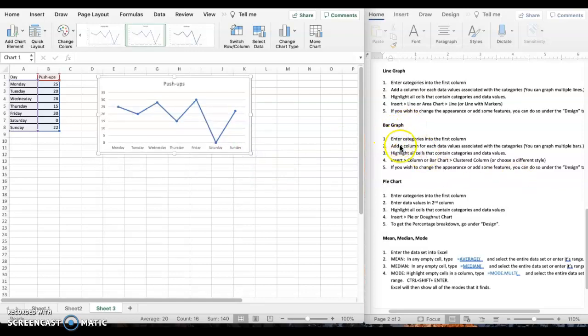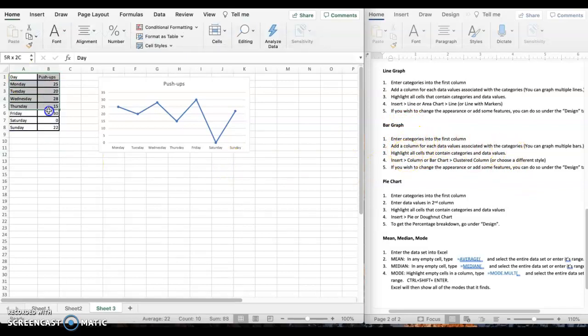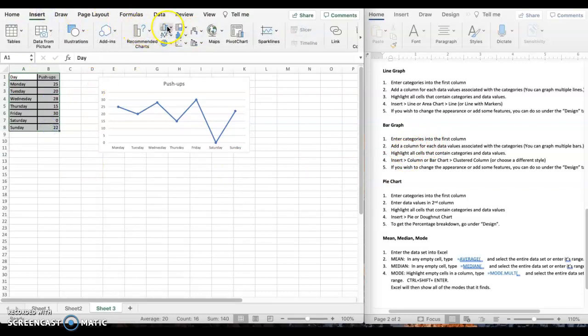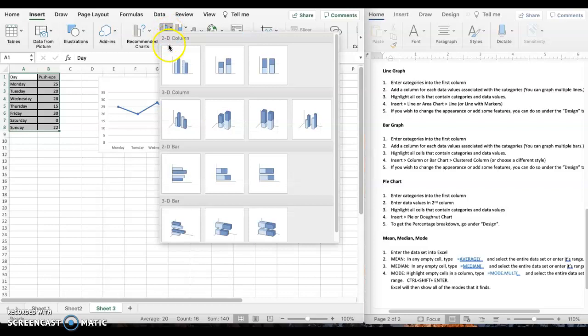Let's go ahead and create a bar graph because it starts the same. We've got our data values. We want to highlight them. It's almost the same process. We want to highlight everything. Go to Insert, but we're going to choose the bar or the column. It might say column or bar chart. And I'm just going to pick the first choice